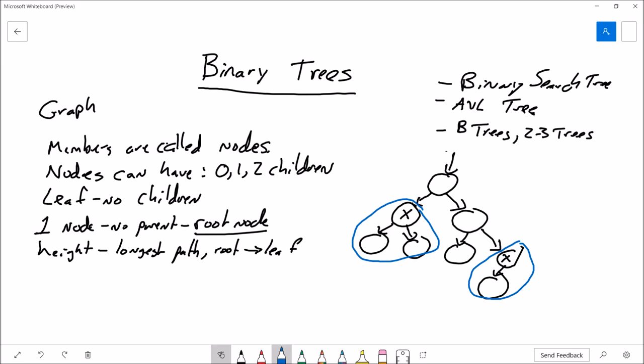And let's see here, all nodes that are going to be added are going to be leaves. Okay, so all new nodes added to a binary tree are going to be leaves. All right, and each transition from a node to a child node makes a new level. Okay, so what do I mean by that? Well, let's take a look here. If I start at the root here,